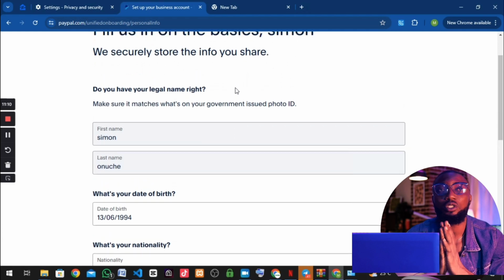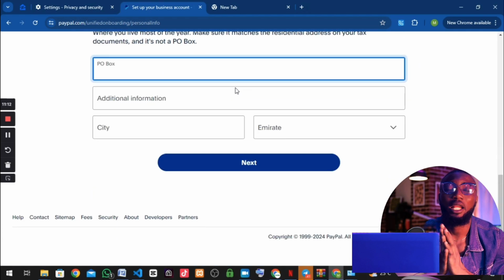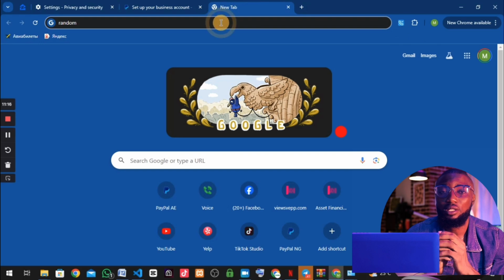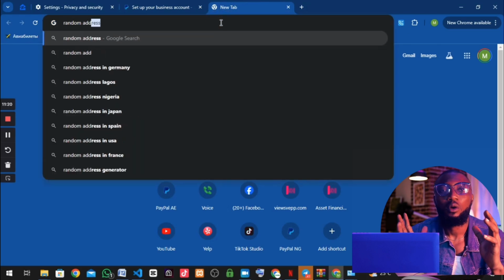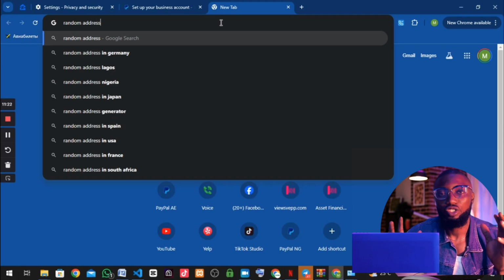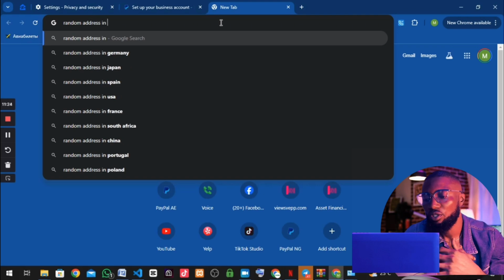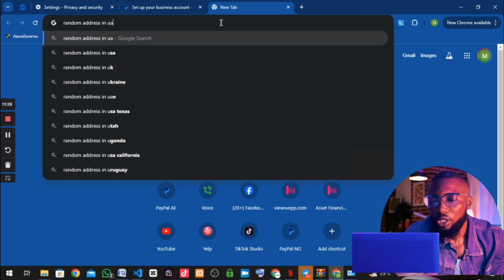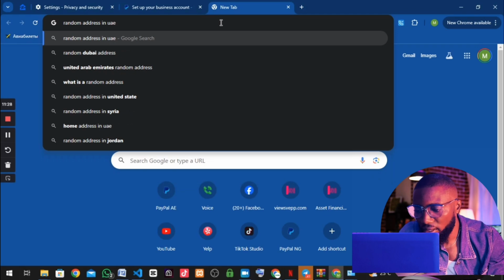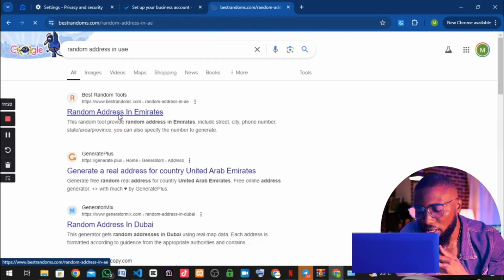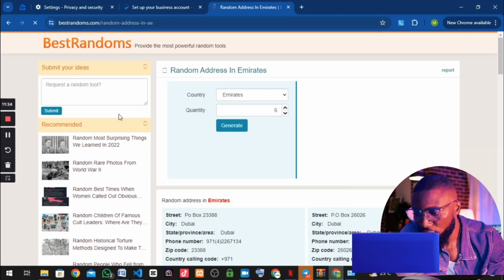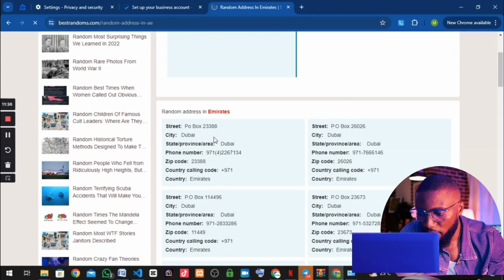Trust me, if you follow this process, I've done this for a client and they have been using it for over 2 years now without any complaint, without any problem. They are even working with Amazon as a digital marketer, and they are using it to receive payment. So search for this and come to this website, or any website you open. Copy the PO box, paste it here, go back there, the state,